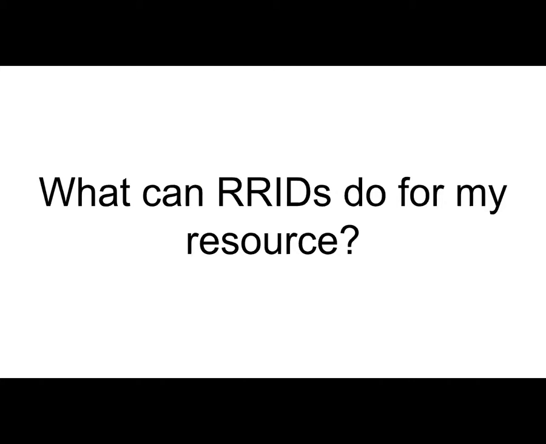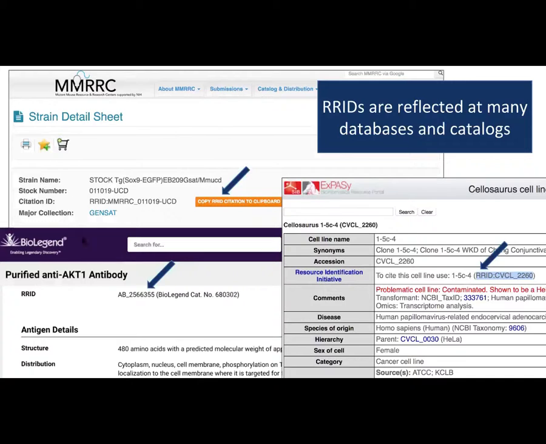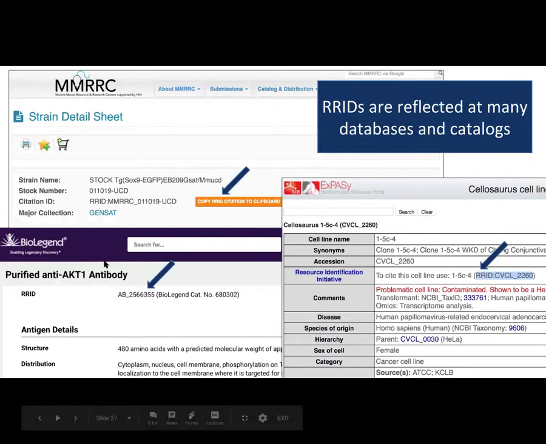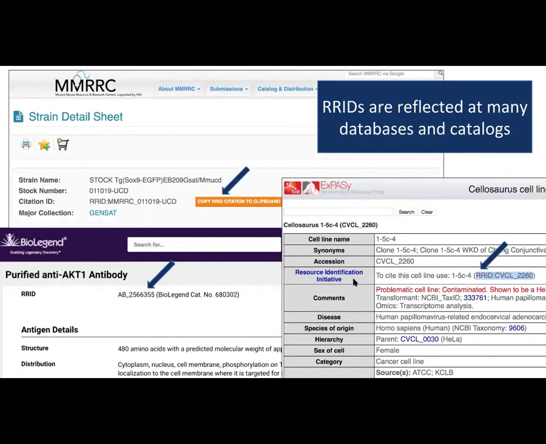Okay, so what can RRIDs do for me? If you have a research resource, like you run a stock center, or you run a core facility or one of these, you can actually include RRIDs for your important resources. And then the tracking will become much easier in terms of how this is supposed to be cited. So here are some really nice examples. Of course, you saw the Expasy Cellosaurus data already, and you can see the RRID is right there for how to cite this particular line.